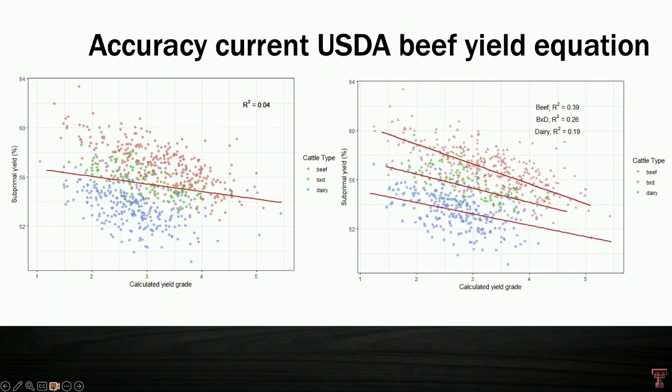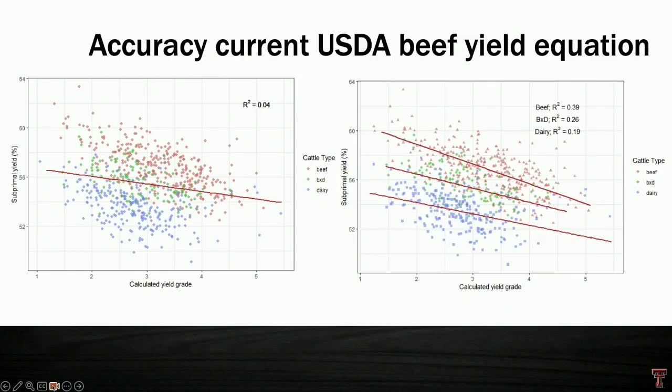We've grown distantly apart from the accuracy of yield grade, if we use the equation just generically across the population. Well, we said, can we help the equation out a little bit? Can we rebuild the equation and tell it whether these are conventional beef animals, beef on dairy crossbred animals, or Holsteins, and we do in fact get better, right? If we tell the equation what type of animal we have, then it does a better job predicting that